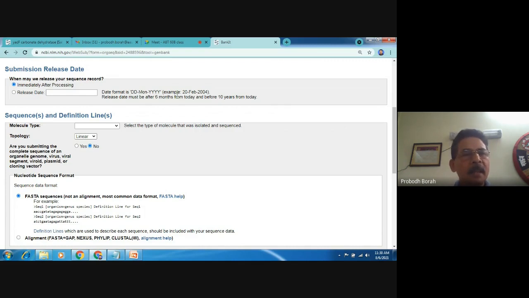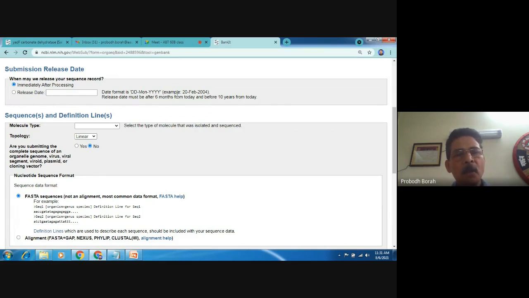So in that case, you can submit the sequence to GenBank and ask for releasing it on a specified date, when your paper will be published, or a date before the actual date of publication, so that you can give the accession number to the editor of the peer-reviewed journal so that it can be included in the published paper. So that is normally required. Nowadays, in reputed peer-reviewed journals, all sequence information must be submitted to some global database, and the accession number has to be provided in the manuscript. Otherwise, they do not accept it.